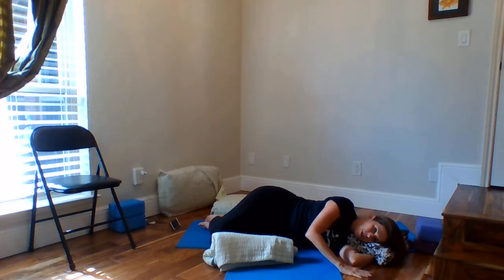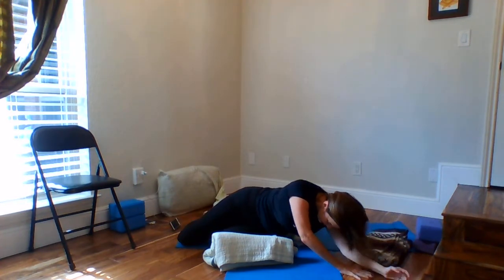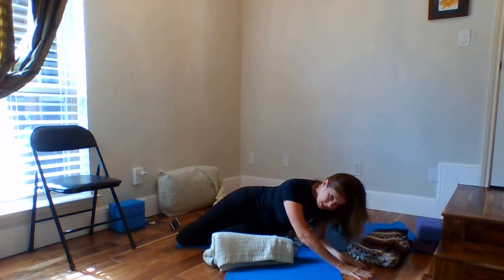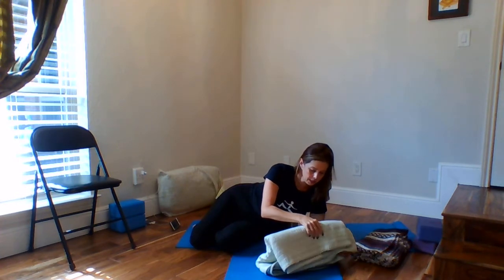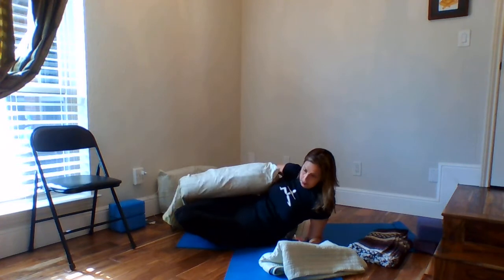To safely switch sides, we might take our top arm down to the floor and looking down at the floor as we begin to reposition the hands, hang the head nice and loose. Let's come up maybe just halfway. And this time you're going to be able to see what the pose looks like from a prone or a supine point of view. So to switch with ease, I'm going to first take my props. I'm turning my knees away from my bolster,